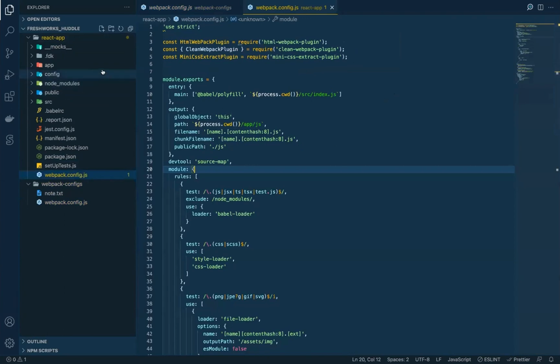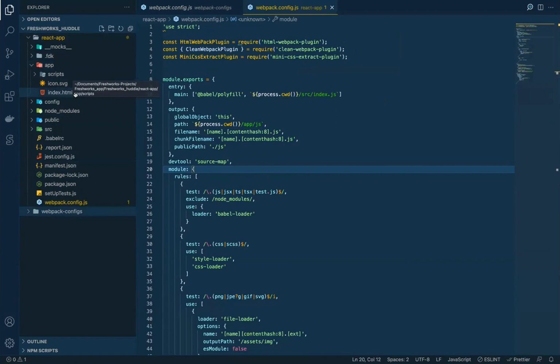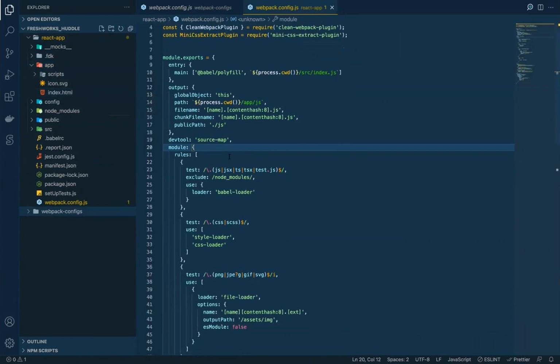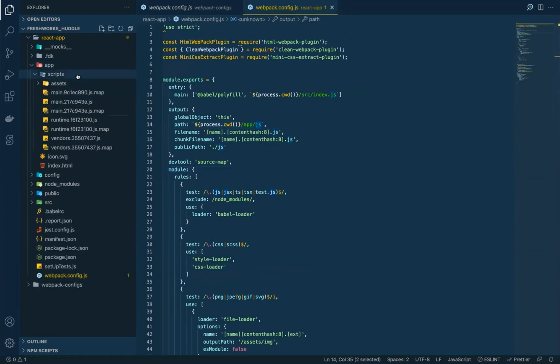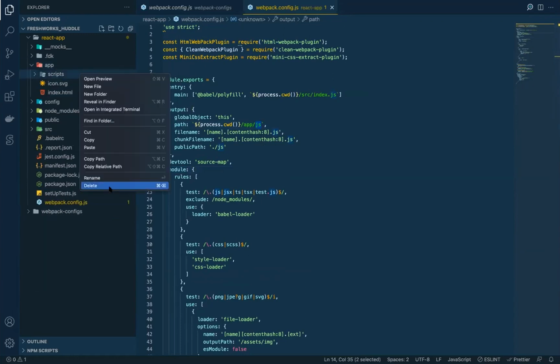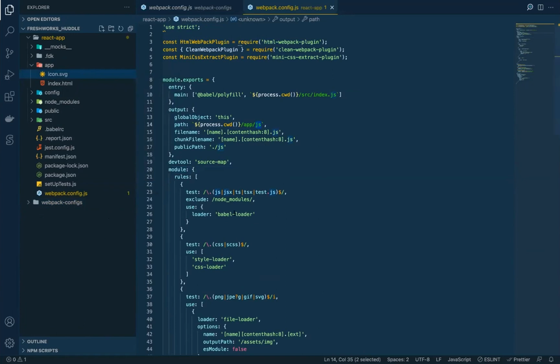Let me explain this configuration to you. I've already told you that the default Webpack configuration builds all the components, creates a new folder called scripts, and includes it in the index.html, right? So I created a new Webpack configuration that will compile all the components and put them in a folder called JS instead of scripts. To check if it's working, let me delete the scripts folder. Don't worry about the scripts folder. It is auto-generated. Every time you run an FDK command, it will be generated, so don't worry about it.